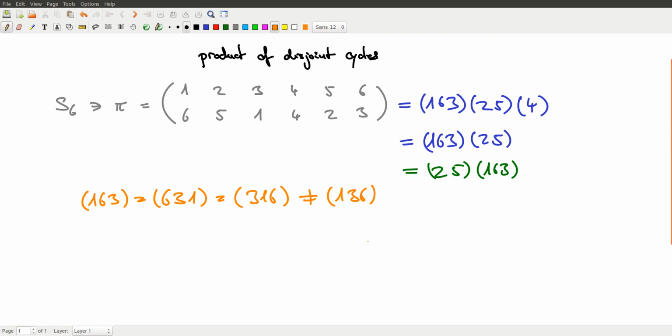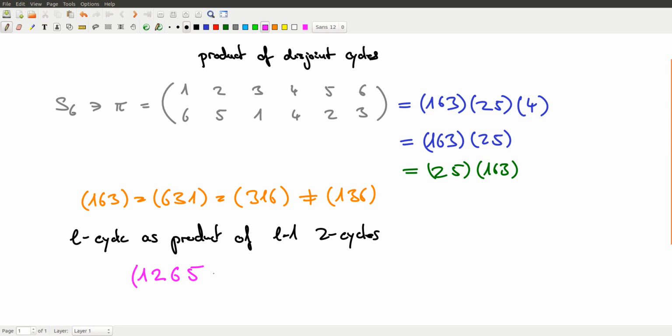Now we can write every L-cycle as a product of L minus 1 2-cycles. And they are not disjoint then. So how does that work? Let's say we have this 4-cycle here, (1 2 6 5) maybe, and we can write this as